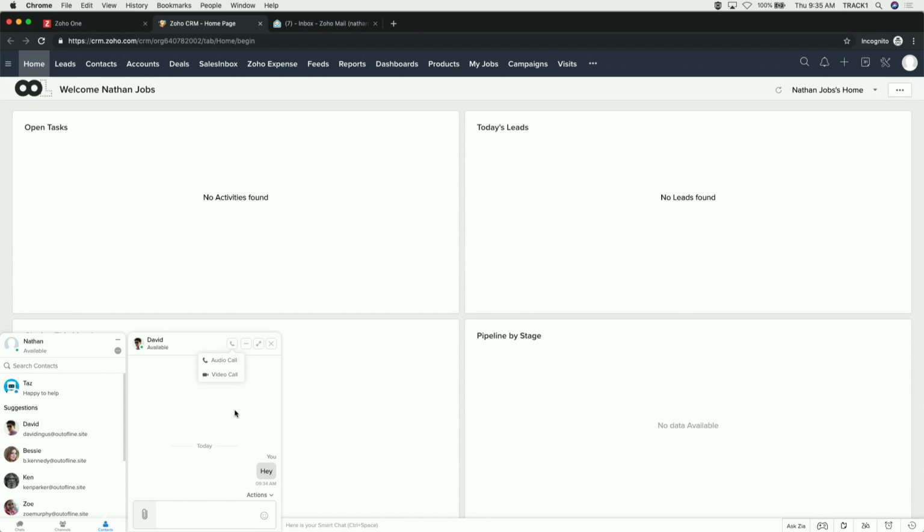If you need to schedule or you need to have a quick meeting with someone or get a hold of someone, there's that little chat bar right in here. You don't even have to go to a separate app, right? You don't have to log into a new thing. It's all going to just be right here in one interface, and it's all going to be very simple, easy to use,